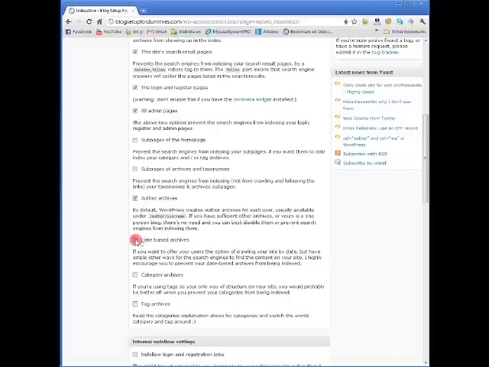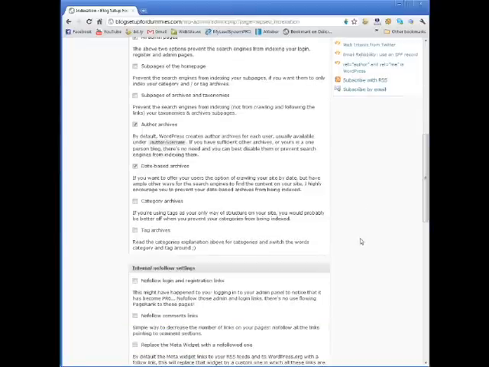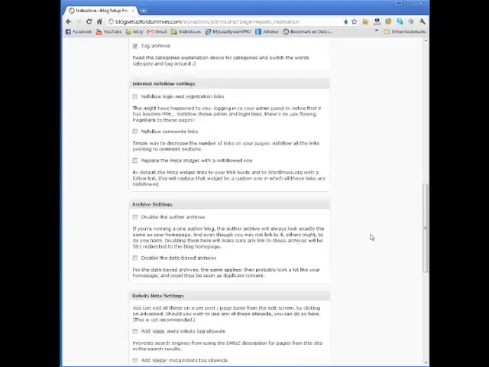Author archives and date-based archives. The reason you don't want it to crawl the archives is because of duplicate content. Okay, and same thing with the tag archives. You don't want it crawling the tag archives because there's duplicate content in there as to what's actually on your main pages. Okay, so if you just go through and you set this up exactly as I'm setting this up,